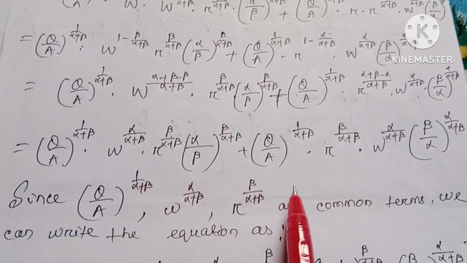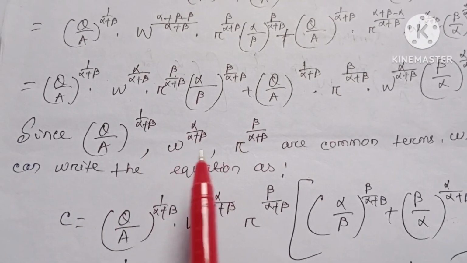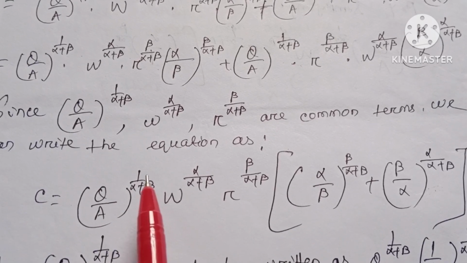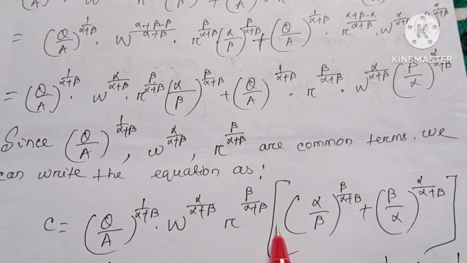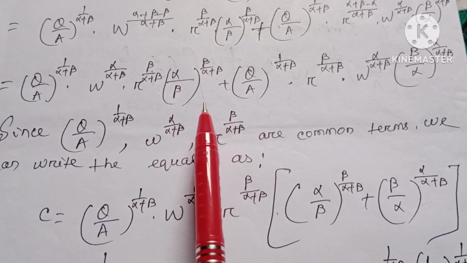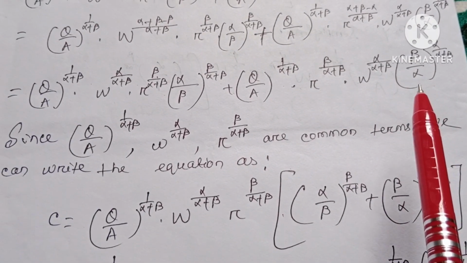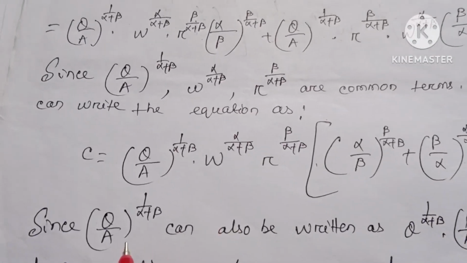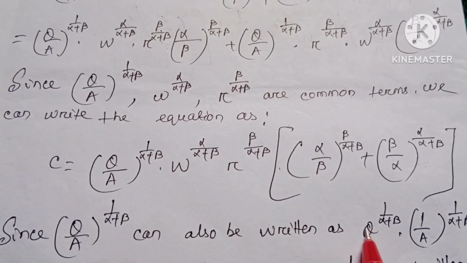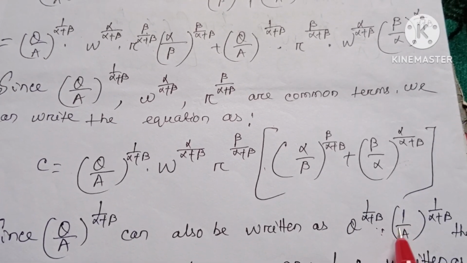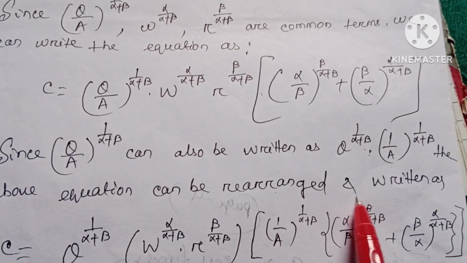these are common terms, so we can write the equation as c equal to, by taking common this term, (q/a) to the power 1 by α+β into w to the power α by α+β into r to the power β by α+β, multiplied by the rest term, (α/β) to the power β by α+β plus (β/α) whole raised to α by α+β. Since (q/a) to the power 1 by α+β can also be written as q to the power 1 by α+β into (1/a) to the power 1 by α+β, the above equation can be rearranged and written as